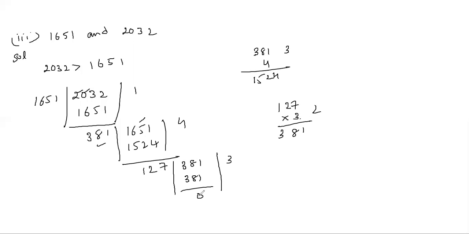So when the remainder is 0, you can stop the process. So what is the immediate remainder? This one, 127. This is the highest common factor. HCF is equal to 127. So this is about the third problem. Now we'll check